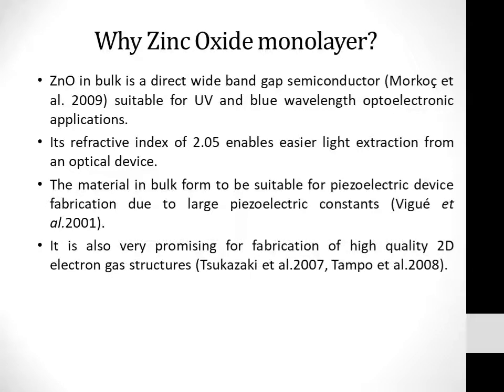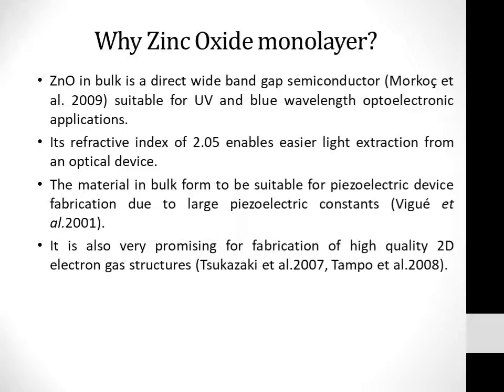Why zinc oxide monolayer? The great success of graphene has been followed by an equally impressive search for the development of other two-dimensional materials. Recent works have reported that ultra-thin films of ZnO and ZnS, zinc sulfide, have lowest energy in graphitic structure, indicating graphene-like honeycomb structure formation in such materials.